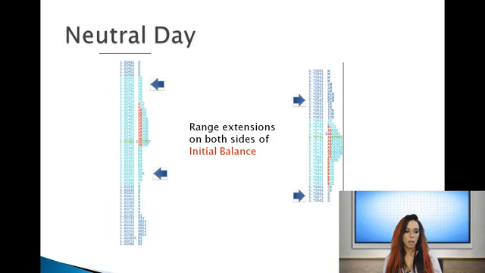A neutral day is characterized by range extensions on both sides of the initial balance, and that's what they generally look like. There are a couple of examples here. As you can see on the one to the left, early in the trading session, in periods C and D, which correspond to the second hour of trading, the price extended the range to the upside,